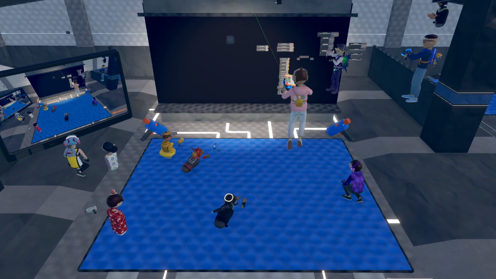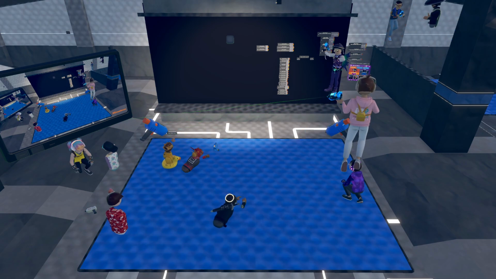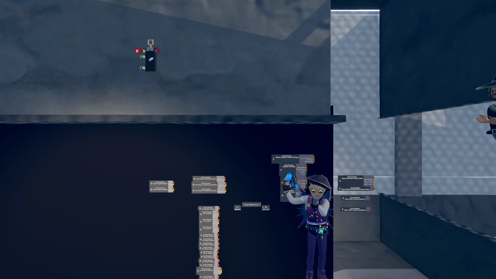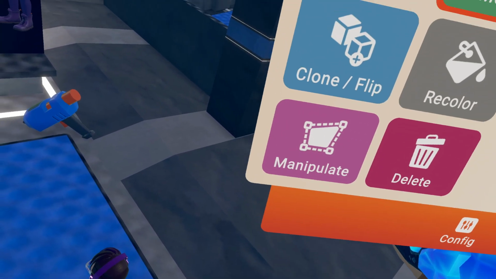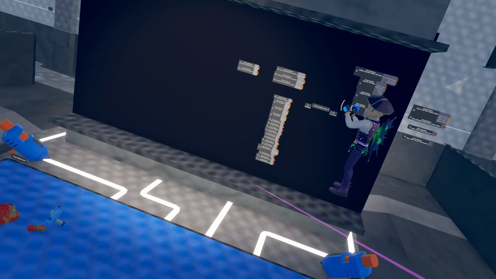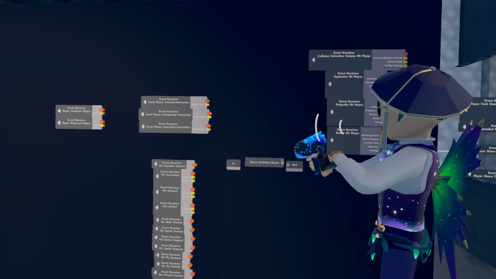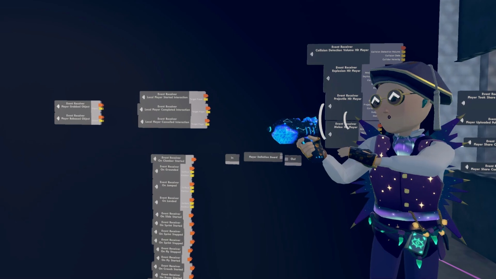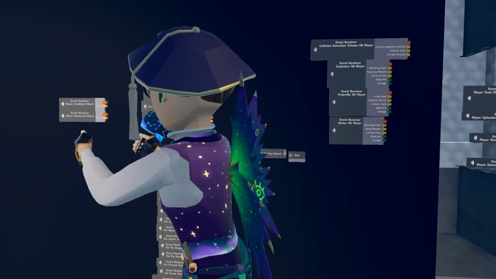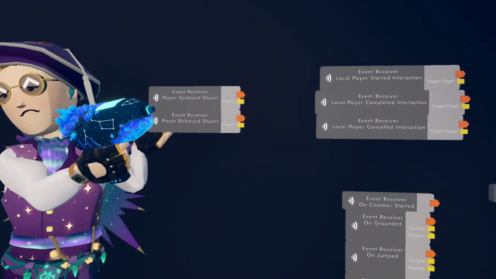Alright, so I'm hoping you all remember what Will was just telling you about with the hierarchy with circuit boards, where events outside of a circuit board won't be seen outside of the circuit board, but they will be seen inside of it. Much like how there are default events in the world scope, there are a ton of player-specific events inside of the player definition board. So I guess we'll start over here on the far left. Player, you should explain what the player definition board is.